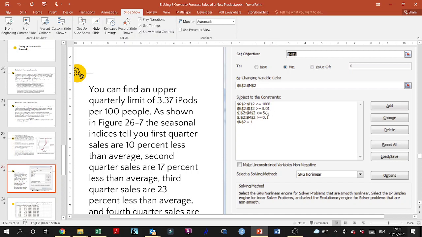Actually, it shouldn't be 0, it should be 0.01. Even in the previous example, I don't know why we put greater than or equal to 0, because otherwise it's going to give me a 0, and I don't want it to be a 0. If you are getting zeros in there, please try 0.01 as the minimum, but you shouldn't really get a 0. So it should be greater than or equal to 0.01, and also less than or equal to